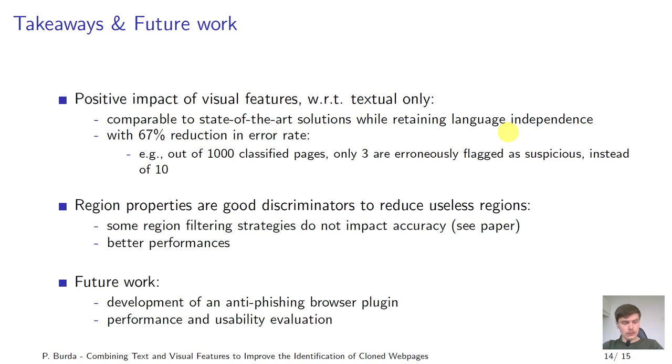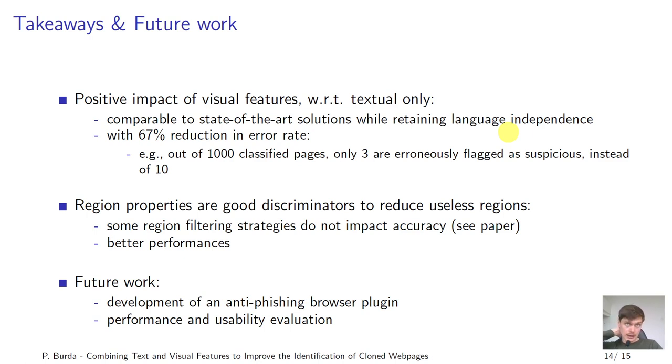What we obtain here is that there is a positive impact of using visual features on top of the textual ones, which is comparable to state-of-the-art solutions, and also has some bonuses, for example language independence, so it can be done for any kind of language and website. And the 67%